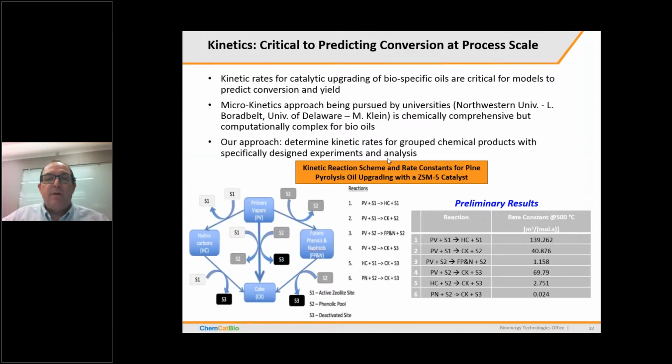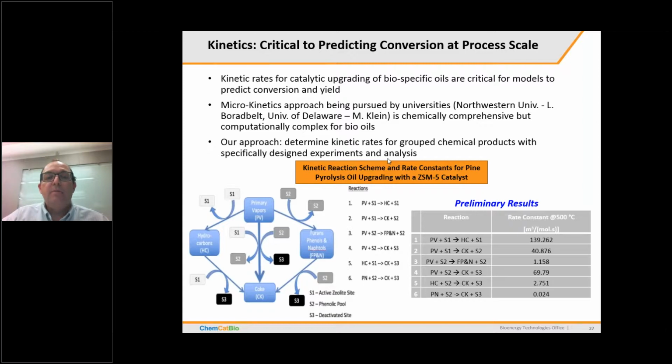And then Peter talked to you about a lot of the work at the mesoscale. One exciting thing that we've been doing recently in the program is developing kinetics specific to these complex bioenergy processes. In particular, the catalyst and process that we've been studying is catalytic fast pyrolysis, looking at the upgrading of those pyrolysis vapors with a ZSM-5 catalyst. And the approach we're using is a lumped approach to characterize the kinetics of the different